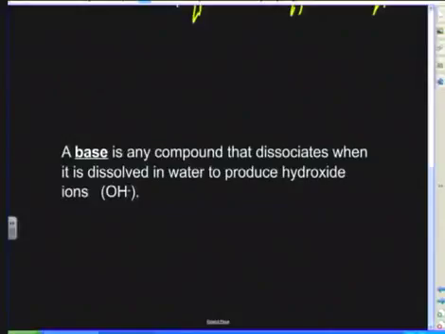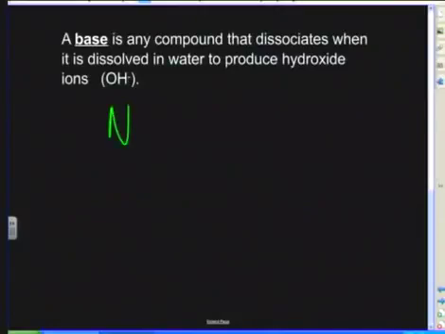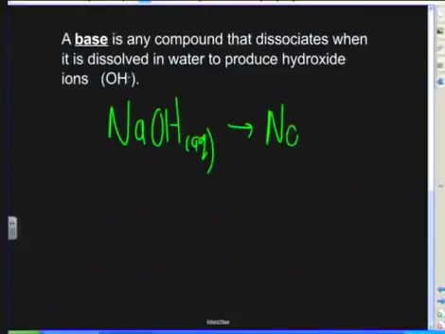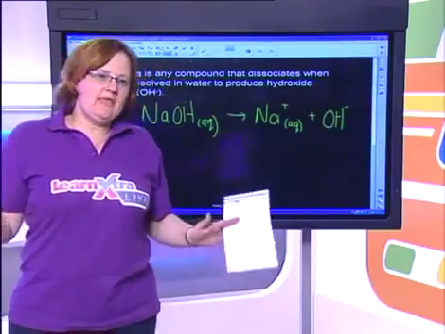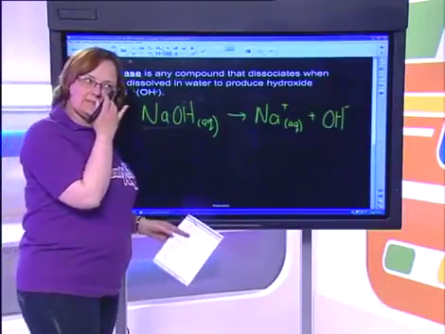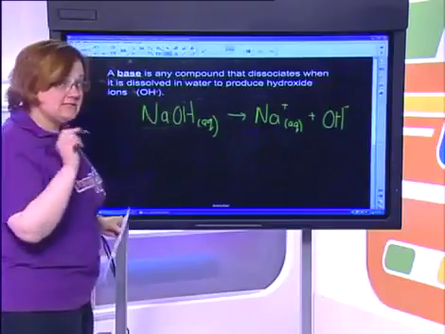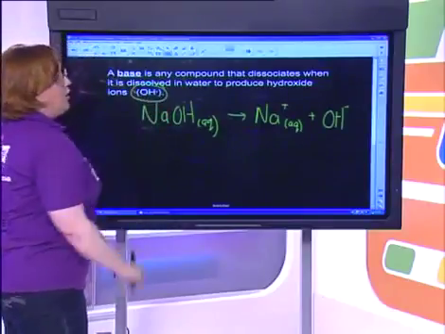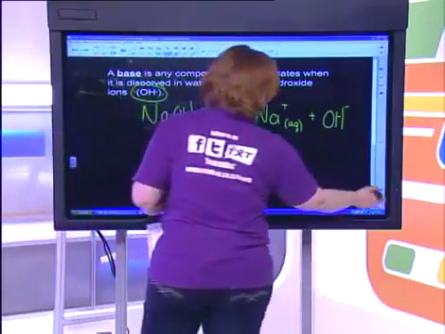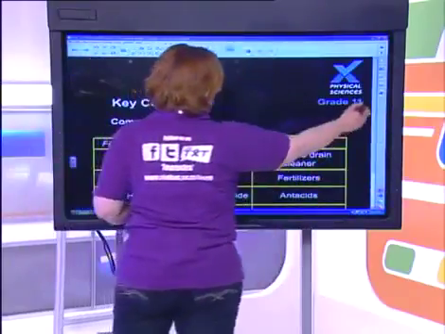So for example, if I take sodium hydroxide and I dissolve it in water, it's going to become Na plus and OH minus. That's nice and easy. So that seemed to make sense, but that implies for me though that every single base needs to have an OH minus in it. And if we go back to our list of common bases and we look at this